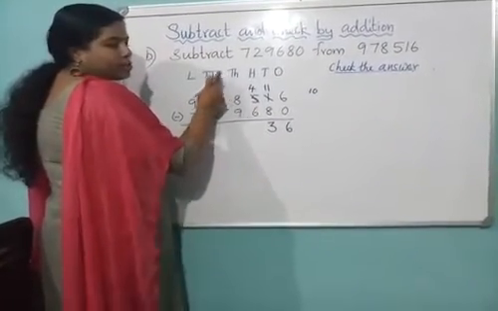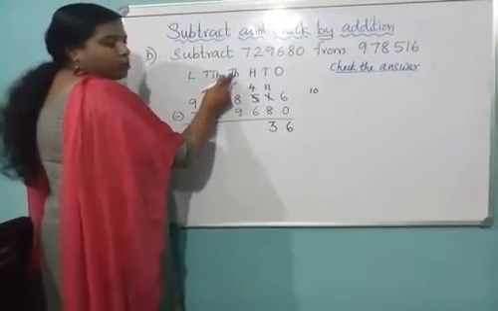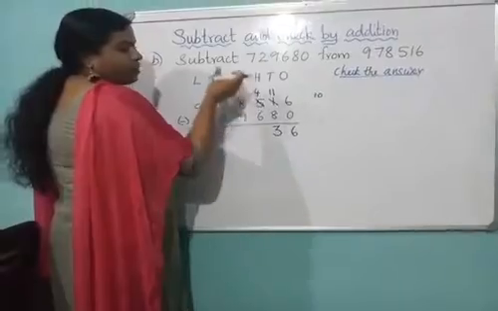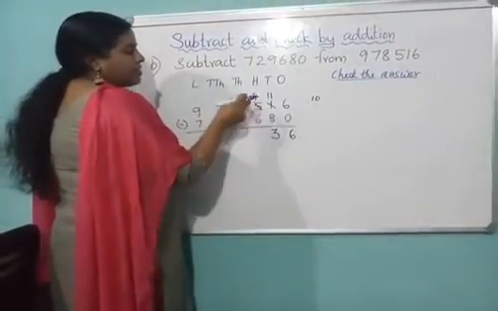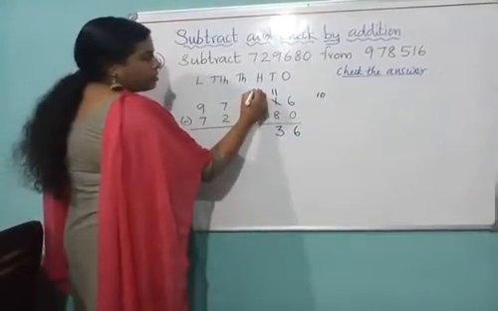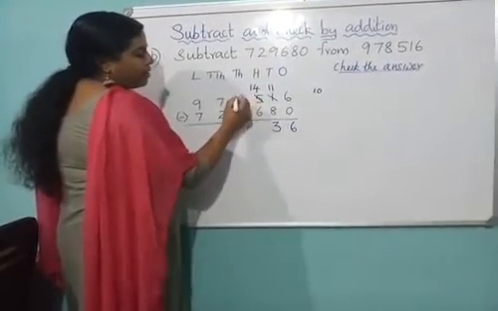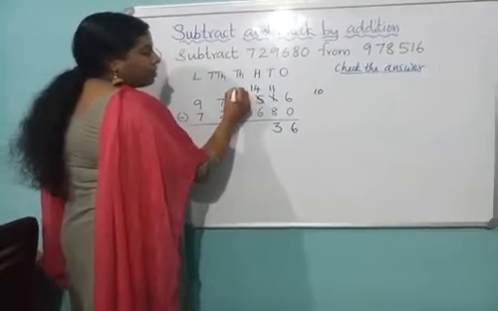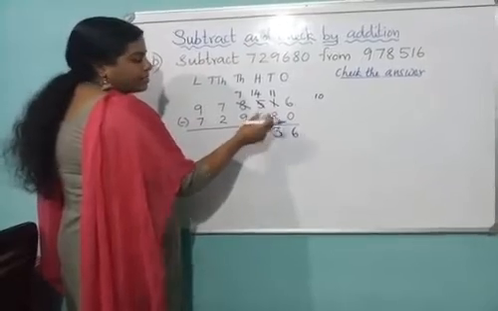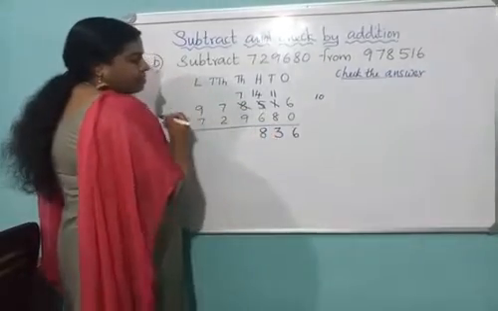The next place is the 1000 place. Here we have 8,000, that is 8 groups of 1000. If you borrow 1 from here, we are borrowing 1000, right? So 1000 plus 400 will come. So this number becomes 14, which means 1400, and this 8 becomes 7. So 14 minus 6. If you remove 6 from 14, you will get 8.